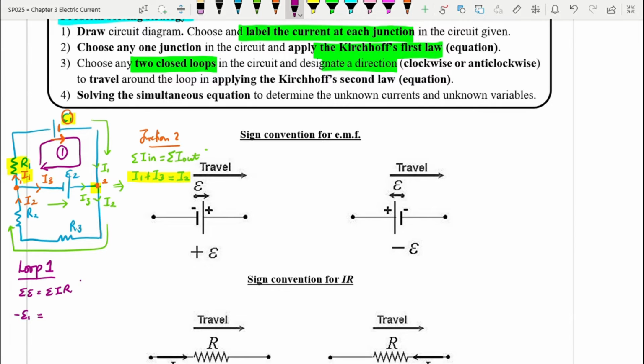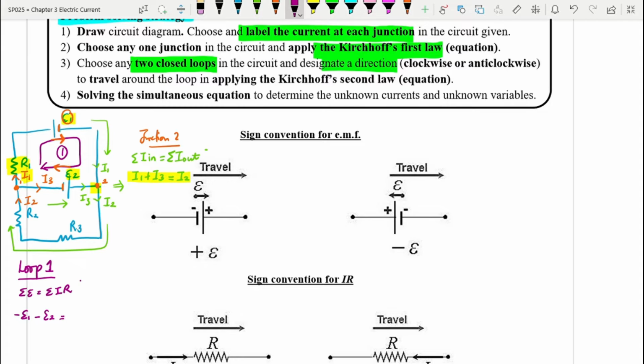Hanya ada satu E. Sorry, dalam loop yang sama ada dua E. Kita ada E2. Okay, kemudian E2, loop yang travel dia ke kiri juga negatif. Jadi untuk kita totalkan, E2 ni akan jadi negatif E2. Okay, so dua-duanya negatif. So kita pilih loop yang dalam case ni clockwise ke anti-clockwise ni? Clockwise. Okay, clockwise tapi kedua-duanya negatif. Okay, sebab loop yang kita pilih adalah towards negative. Towards anode, towards cathode, towards cathode. Okay, towards negative terminal. Jadi E1, negatif E1 minus E2 and then hanya ada satu saja R1 dan current yang